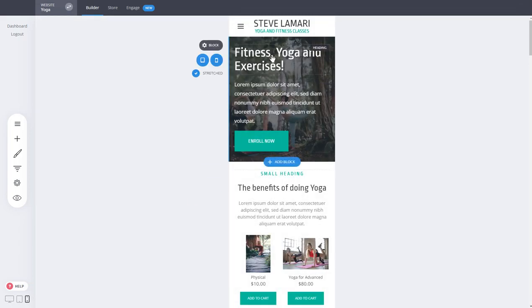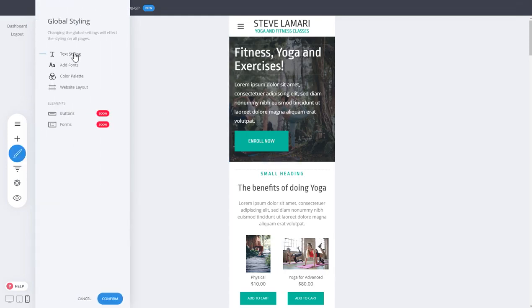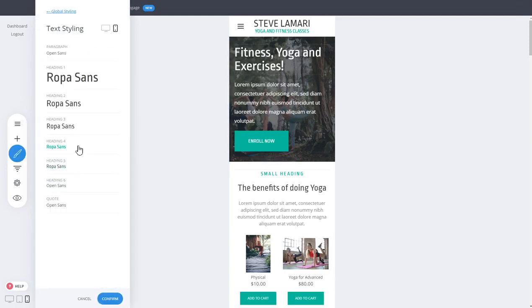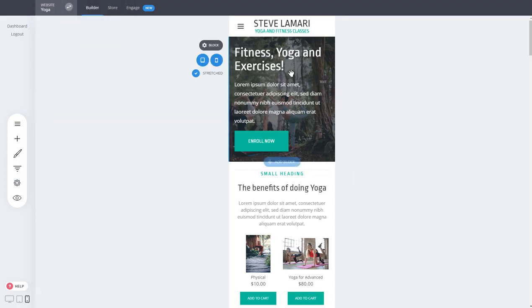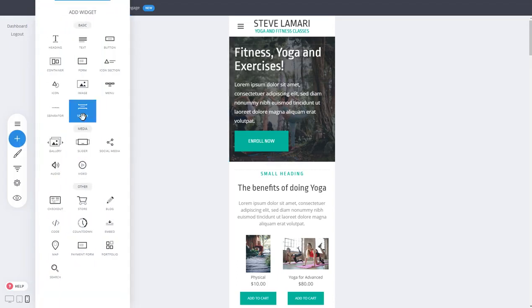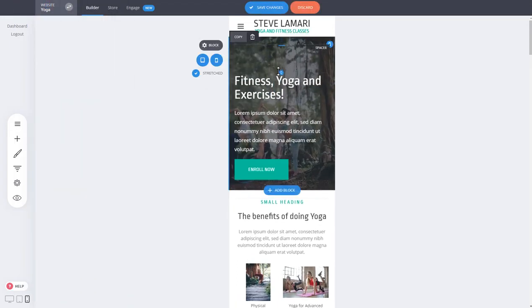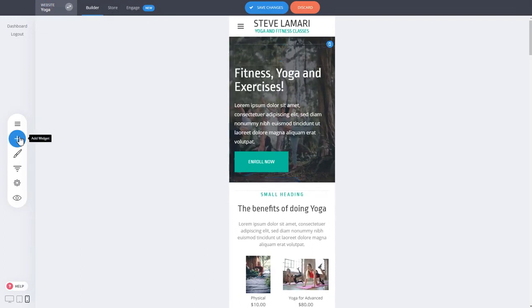So it scales down. You can modify the fonts, like I said, by going into global stylings and modifying how they look on mobile devices. So you can change all that. But if you want to do more modifications, you can do some of those. For example, let's say that you want to add more spacing on top or bottom. So you can add a spacer or any other widget into your design,